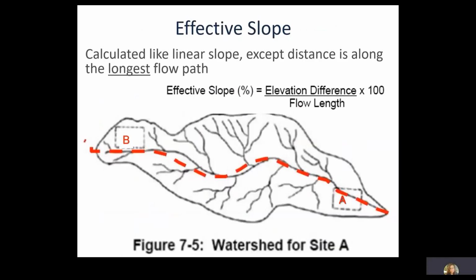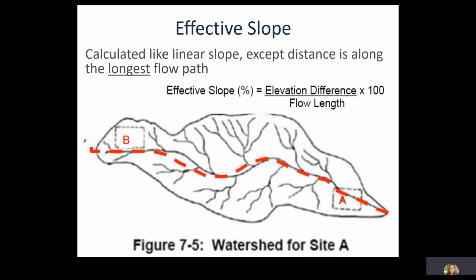As stated earlier, the discharge rate is greatly influenced by the slope of the land. The effective slope of the site is the slope of the longest water path or water channel. As we discussed earlier, it can be calculated by dividing the elevation difference of the site by the flow length. Flow length is the water travel distance along the water path from the site outlet point to the most distant high point on that site. Again, topographic maps and site plans are very useful in determining elevations and flow length.